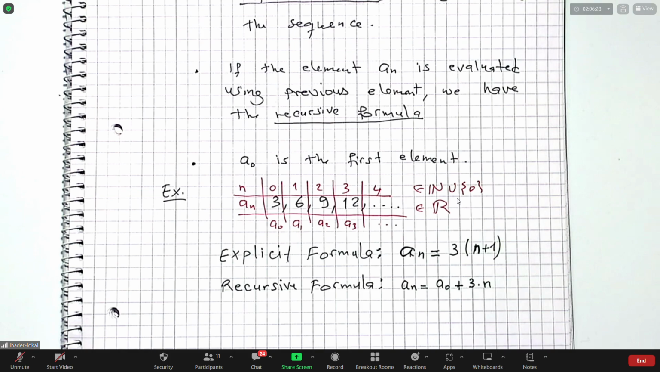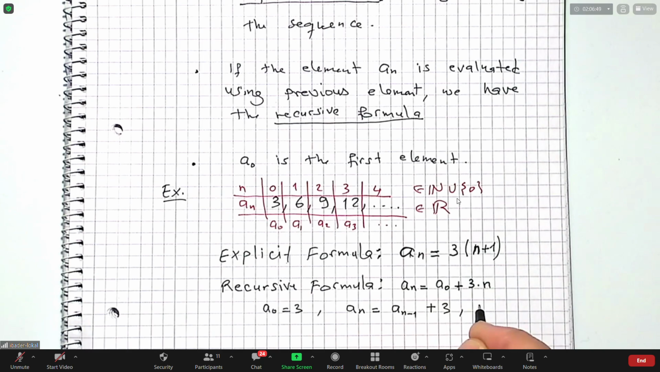So this is one way to do it. Another way, you can define A0 equals 3 and AN equals AN minus 1 plus 3 for N greater than or equal to 1. This is another way